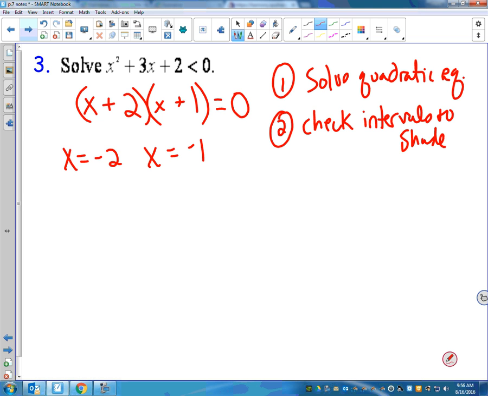So, check the interval. Here's what I do. I make a number line, like my x-axis, and I say, here would be -2, here would be -1. Because it's a parabola, I'm either shading on the inside, or I'm shading on the outside. You really only have to check one interval. Because if this one works, then that means I'm outside the parabola, and this is going to work. Or if this one works, I'm on the inside, and the outside's not going to work. So my advice is,